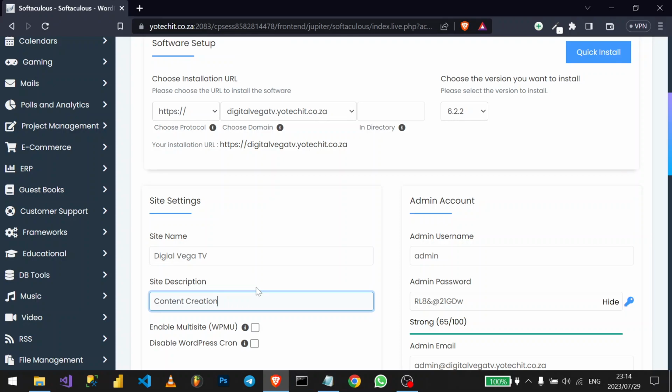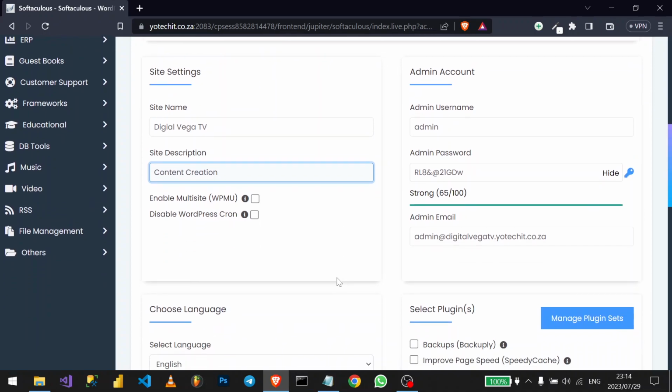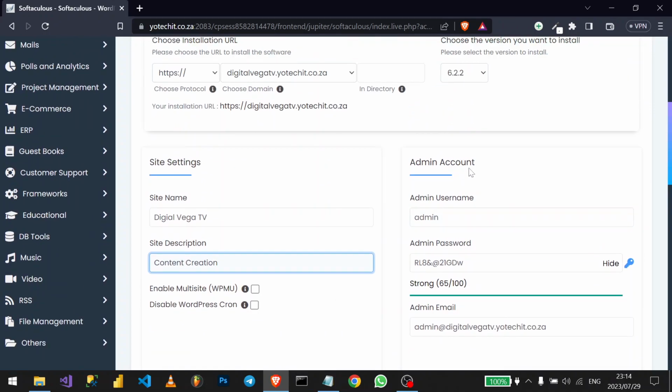And also this is good for SEO, so make sure that you put a very good description, because it will also help your WordPress to rank based on the keywords for your services. Okay, so the next step is to create a user here on the admin